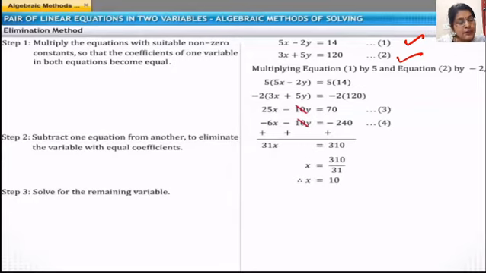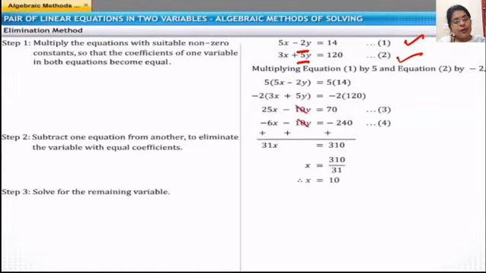We'll just simply see how can we do this. If we multiply this 2 by 5 and 5 by 2, then in both the places we will get, here we will get 10y and here we will get 10y, and very easily we can eliminate. Eliminate मतलब खत्म करना. तो अब हम क्या करेंगे?